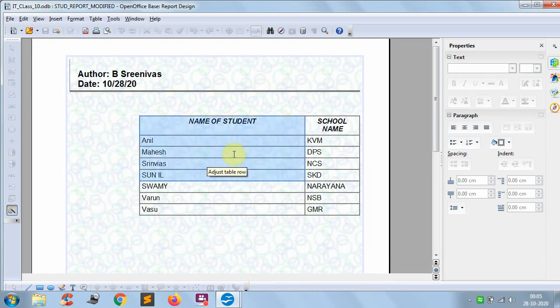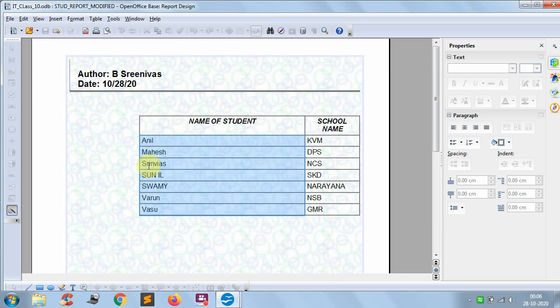Here I am including only two columns from the table, name of the student and school name, and you can observe one more thing, that all the student data has been arranged in ascending order of their names, in alphabetical order. I think you can clearly see this one, A, M, S, S, S, V, V, and if the first letters are the same, it will check the second letter in alphabetical order. So this is the way you can generate the reports.